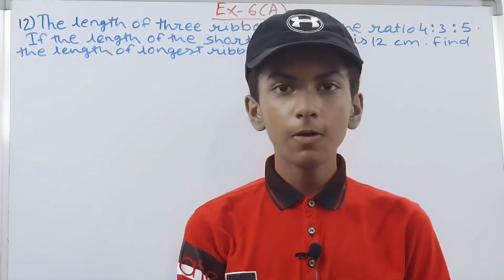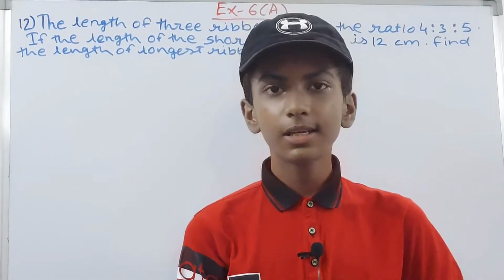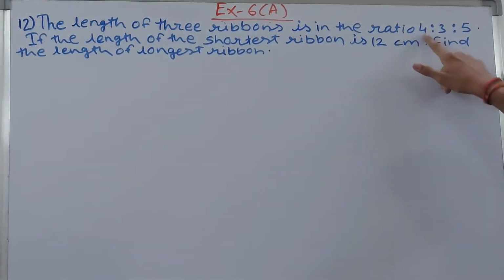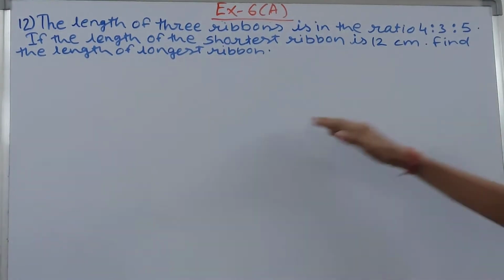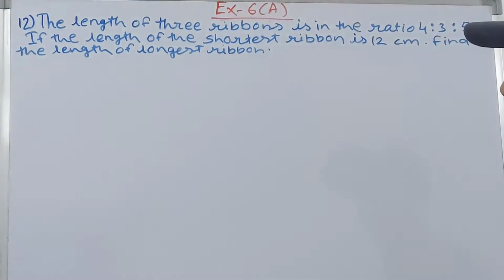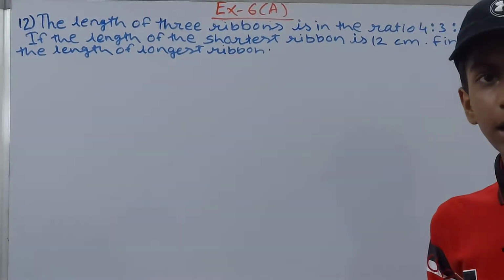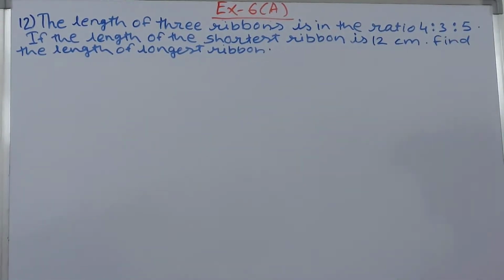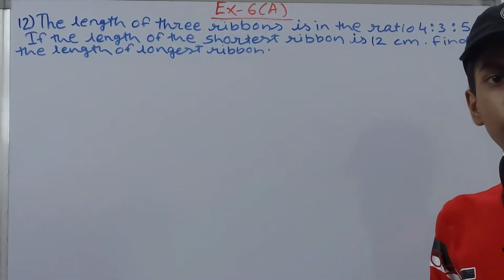In this video we are going to solve ICSE Mathematics class 7 chapter 6 ratio and proportion exercise 6A question 12. The length of 3 ribbons is in the ratio 4:3:5. If the length of the shortest ribbon is 12 centimeters, find the length of the longest ribbon, right? So there are 3 ribbons, and the ratio of their lengths, you can see, is 4:3:5. It says if the length of the shortest ribbon is 12 centimeters, what is the length of the